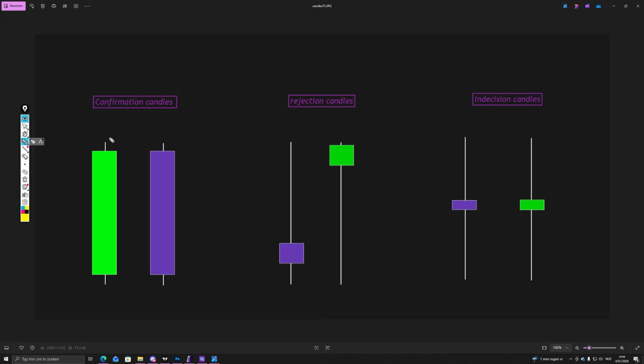It speaks for itself. This confirmation candle, super bullish. We open here, we close on top, super bullish. Without order flow, you can see this is a very bullish candle, and the same for the bearish one. We open here, we sell off, we close on the bottom, super bearish candle. 99% of the time, this is a confirmation candle. We need a little bit more information to make it a real confirmation candle, but in this example, usually these